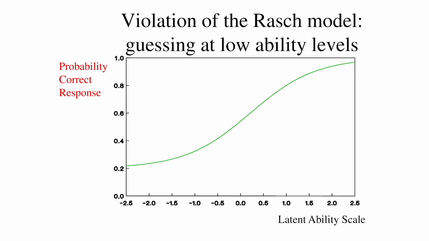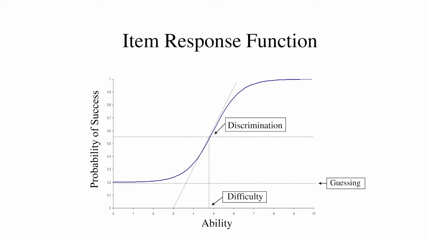Then there's another way of violating it, and that has to do, very often, with multiple choice items. And there, even if you are very low on proficiency, you still have a probability larger than zero of giving a correct response to an item, because you still have the guessing probability. No matter how stupid you are, you still have a probability of giving a correct response. So that would be, for instance, the 3PL model, the 3-parameter logistic model, and it's identified by 3